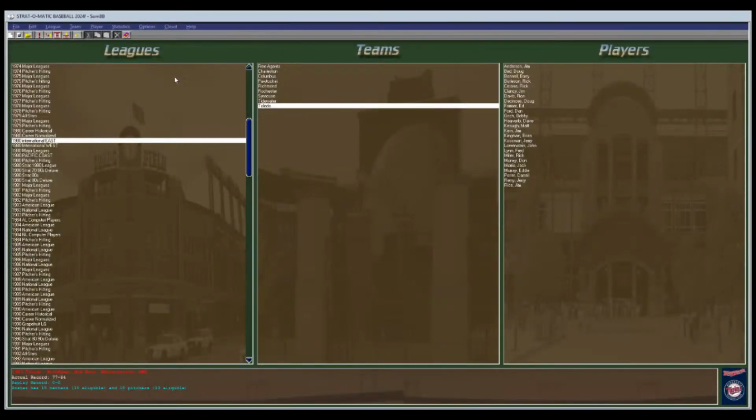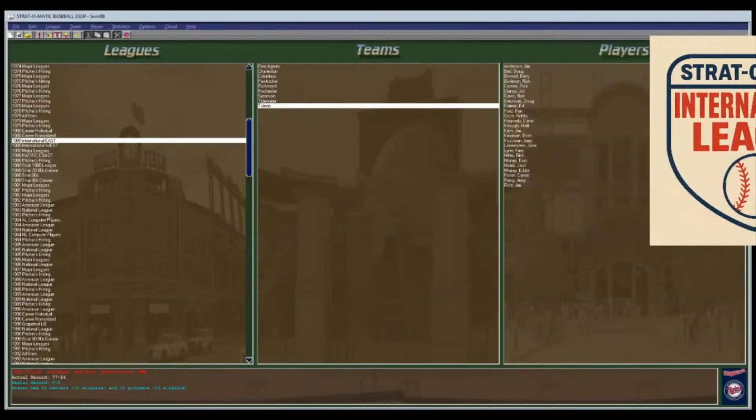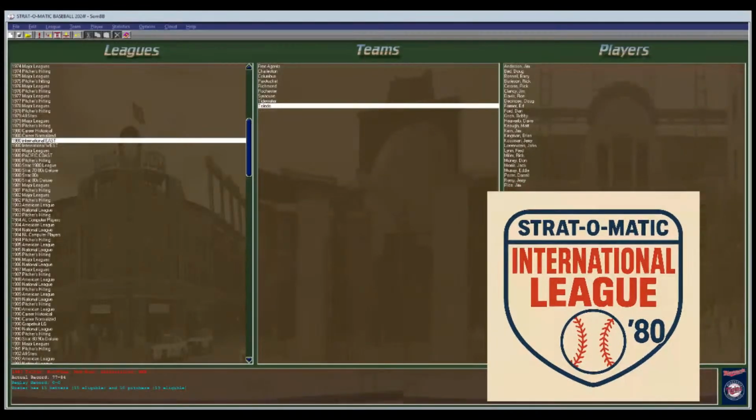Let's see, Stratomatic. There we go. Throw it over the screen real quick. There it is. So that is the logo for the league. It's the Stratomatic International League version 1980. If I ever can finish something like this, I probably will jump to the next season for that, and again keep to the American League on this. And the National League would use the Western teams. There's another 8 teams in the West for them too. But I'll take that away so you don't have to look at it anymore.